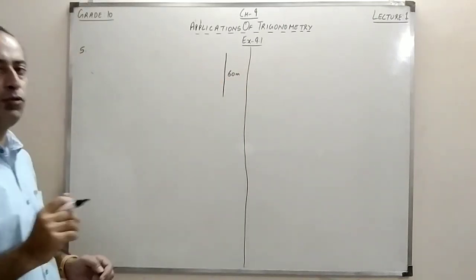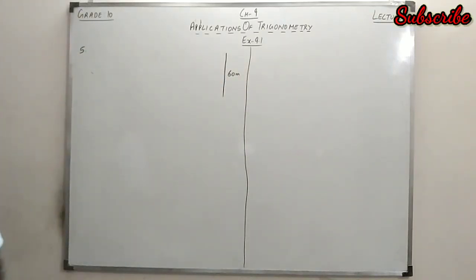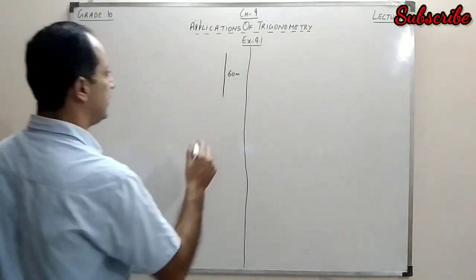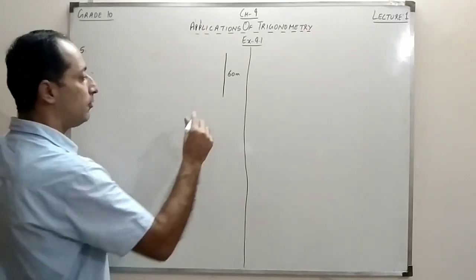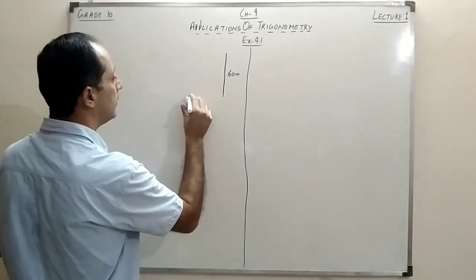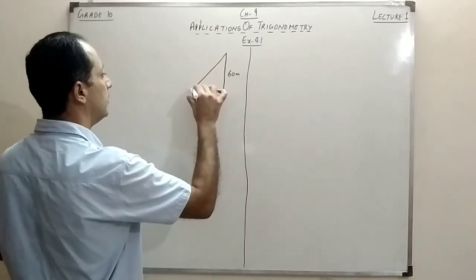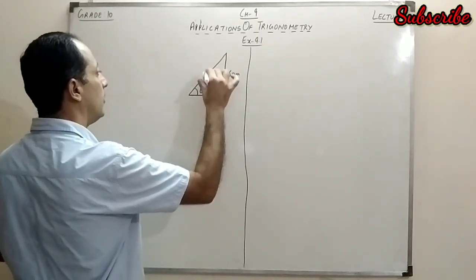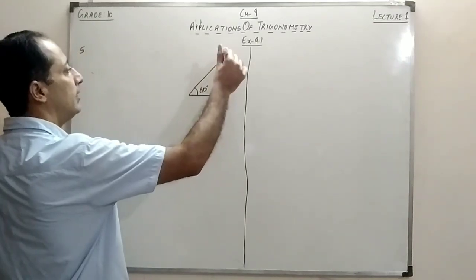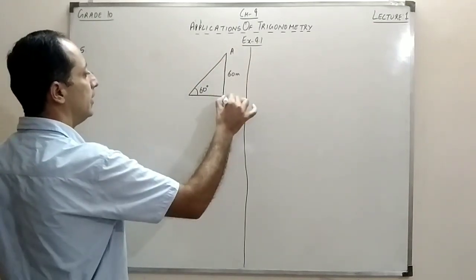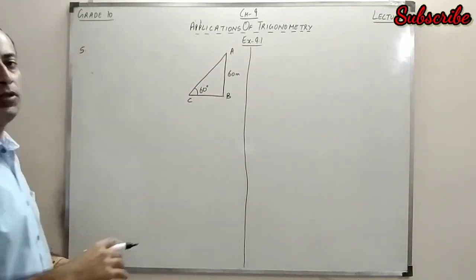So obviously it's given there is a kite which is flying at a height of 60 meters. Now the person who is flying the kite, from that point the angle of inclination of the string from the ground is 60 degrees. So this would be something like this. So make an angle of 60 degrees. So what we have to find? We have to find the length of the string, and this is the string. So this is the kite. A is basically the position of the kite.